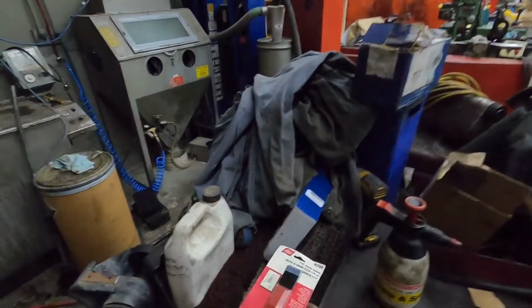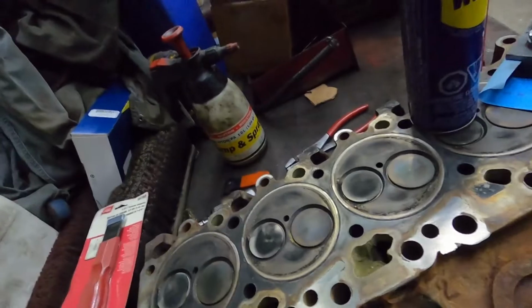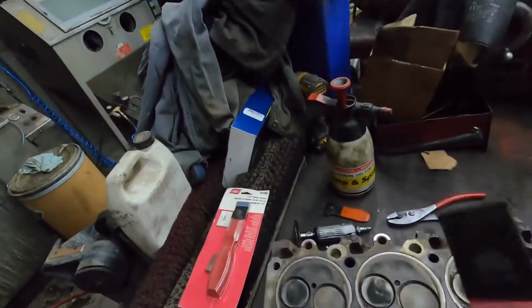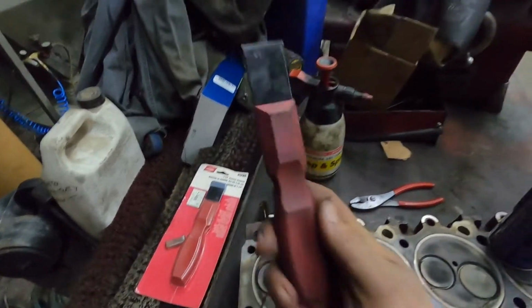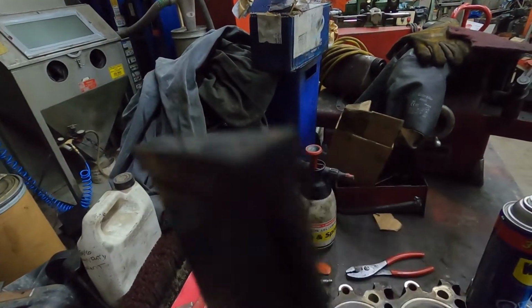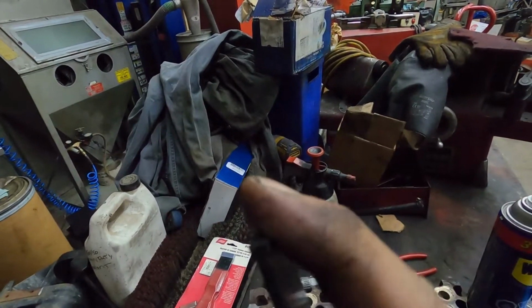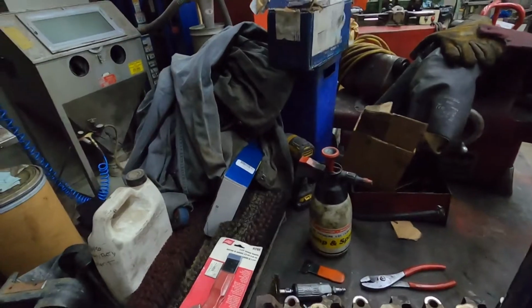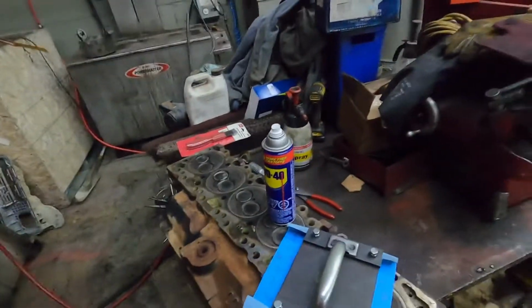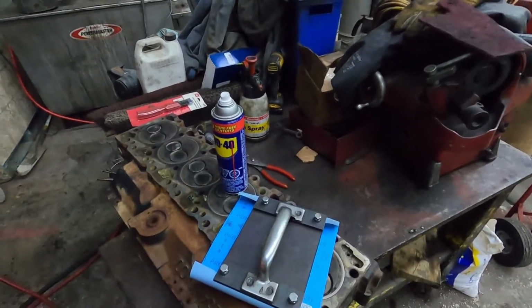These things are awesome. They're not overly cheap, but the one that I actually use is a Mac brand, but it's actually the same. Lyle makes it for Mac. It looks exactly the same. It has a carbide edge on it, and it's not sharp enough to cut you, but it is a sharp edge, but it doesn't catch on stuff. So it's super nice that way. So what I do, get you guys in the stand here. So what I do is,